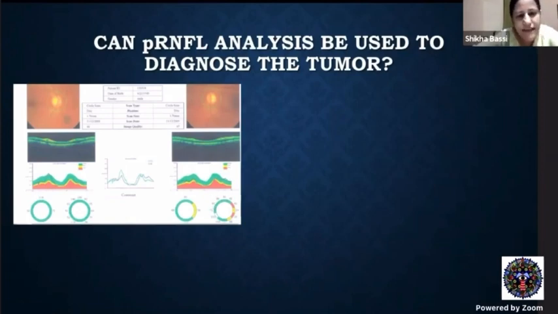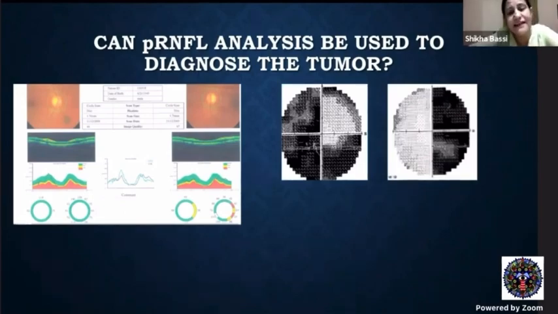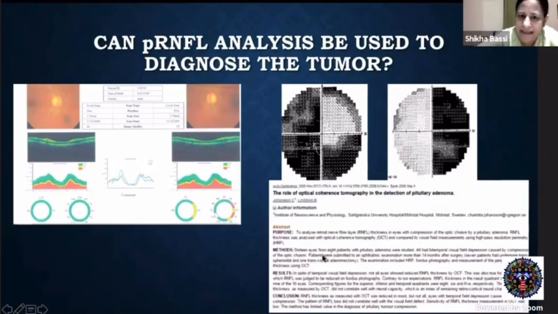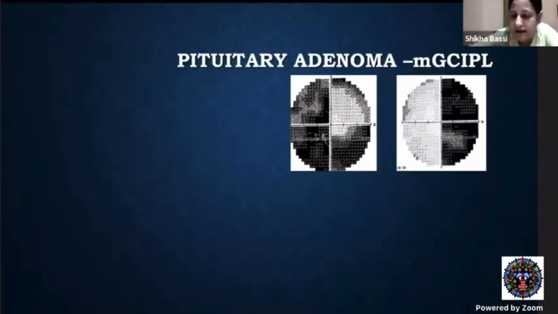Now, can I diagnose? It's not actually pointing towards any particular diagnosis. Look at the visual fields; they give so much more information. So I'd rather rely on visual fields than PRNFL to diagnose my cases, to rule out afferent tumors. This paper stated that this does not have much role in the diagnosis of pituitary adenomas. I'm talking about the RNFL thickness. I didn't say OCT. The peripapillary retinal nerve fiber layer thickness analysis does not pick it up.